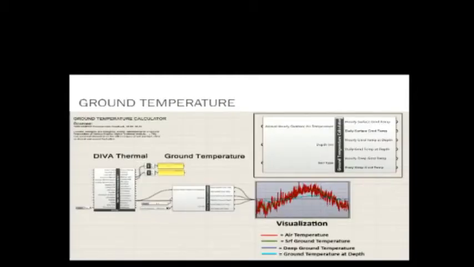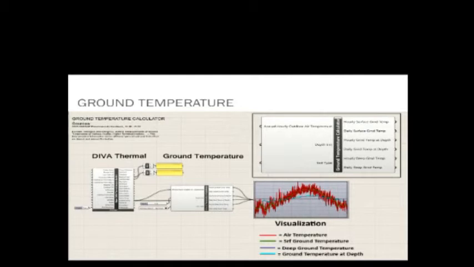The first one is the ground temperature. So we used ASHRAE fundamentals to use some algorithms where the key assumption is that at 25 centimeter below the grade, the temperatures are weighted average of the air temperatures over the previous 10 days. So we have that diagram, which we're calling surface ground temperature.